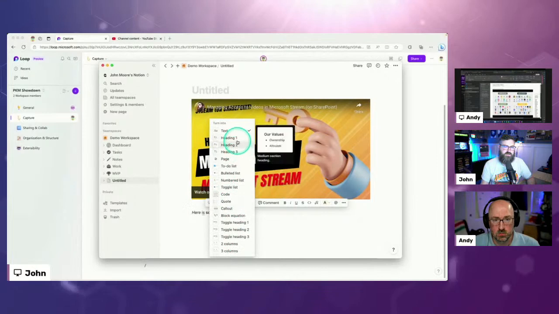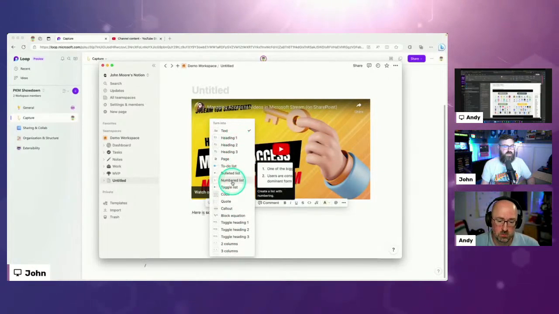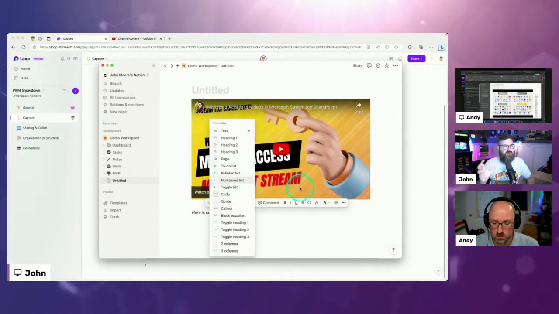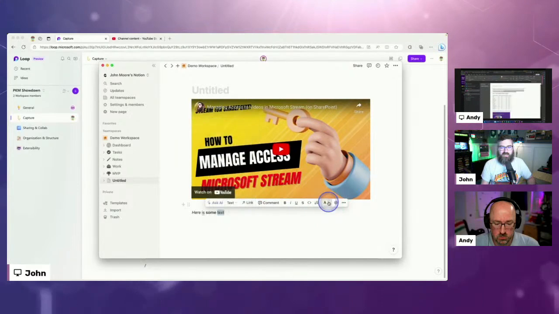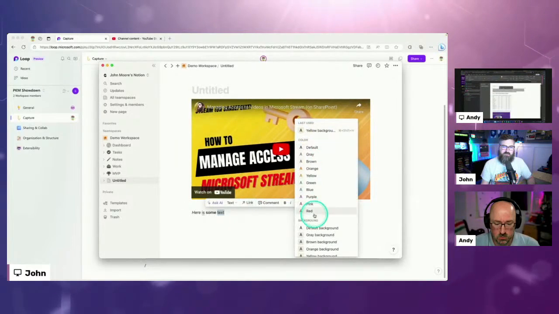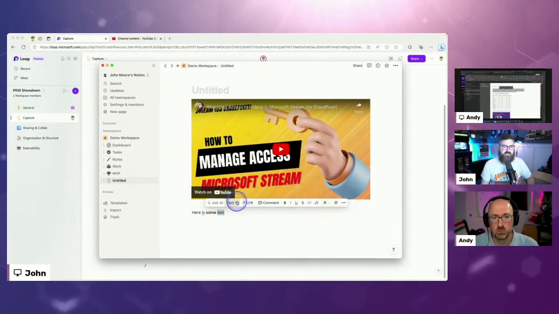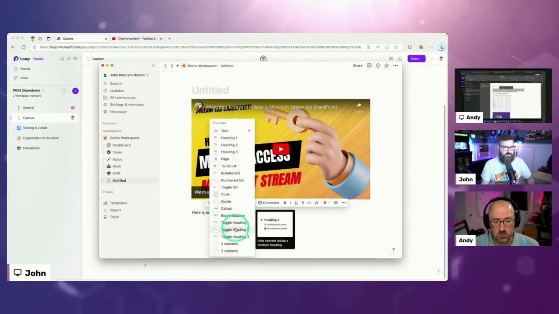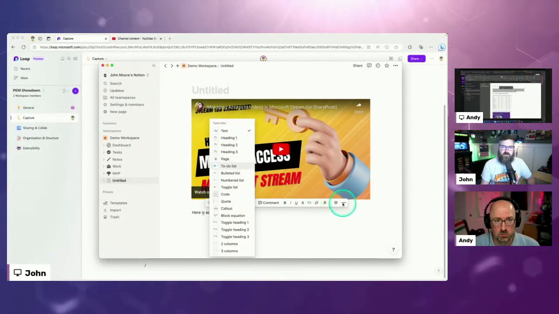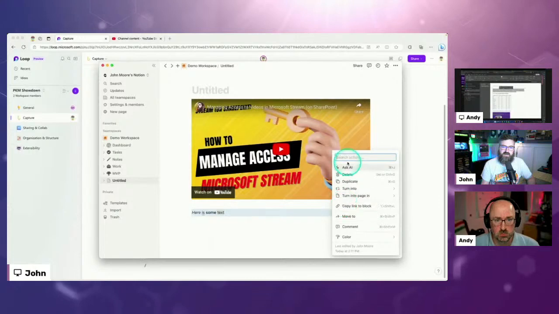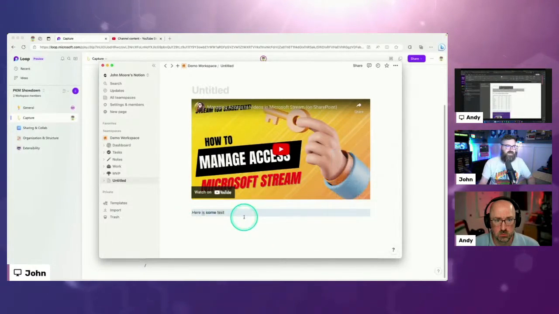And then I can change this to a header or a numbered list or something like that. Those standard rich text formatting options that you're used to are what I like about Notion. But I feel like I'm clicking into these menus to do things where probably there's a keyboard shortcut, but I just haven't learned them yet. And I've been using it since November. So that's a little bit of what Notion looks like when I'm formatting text.